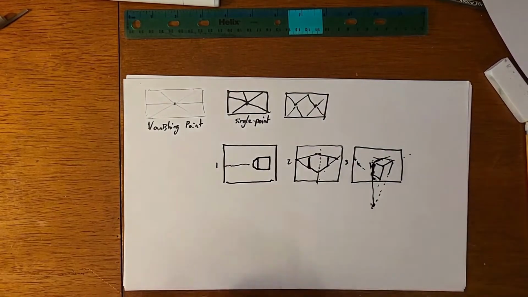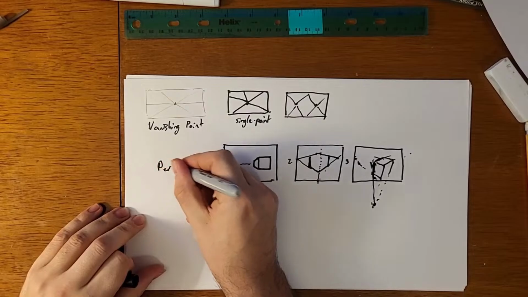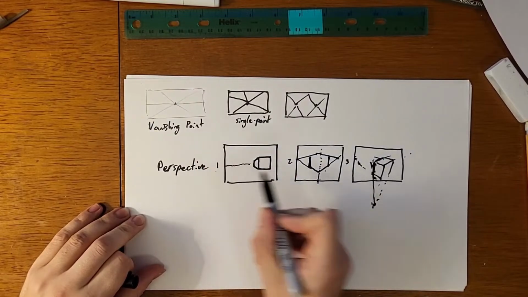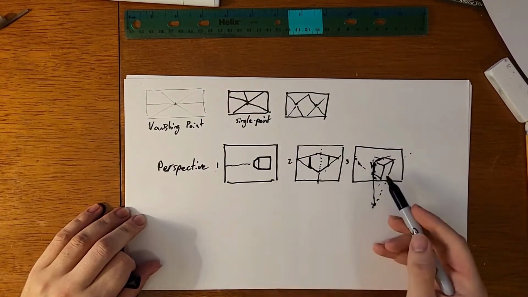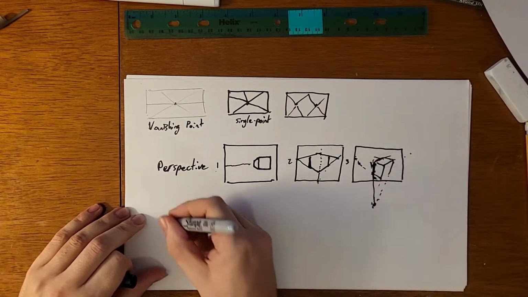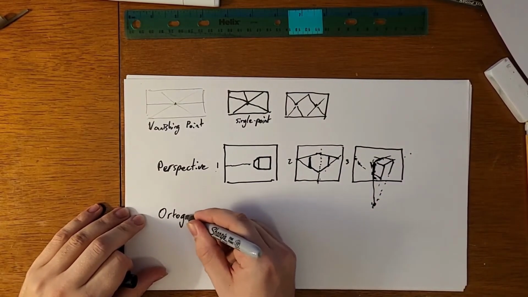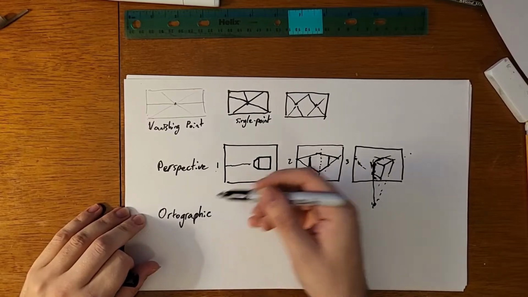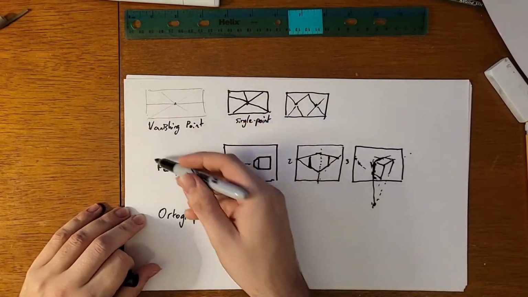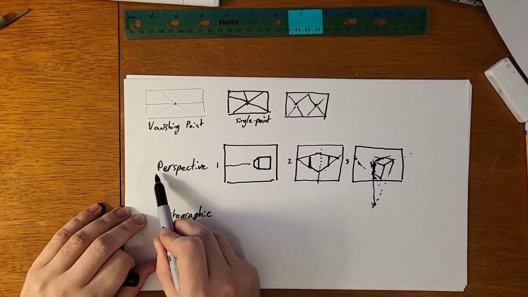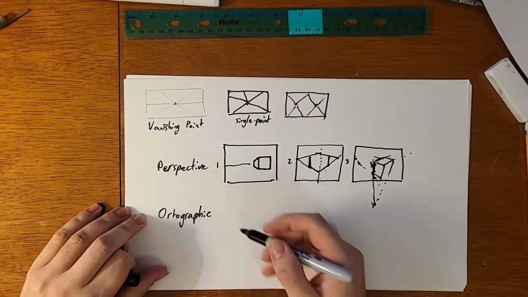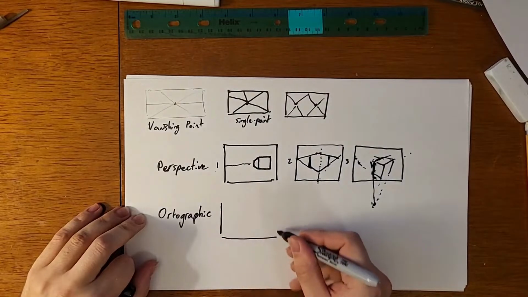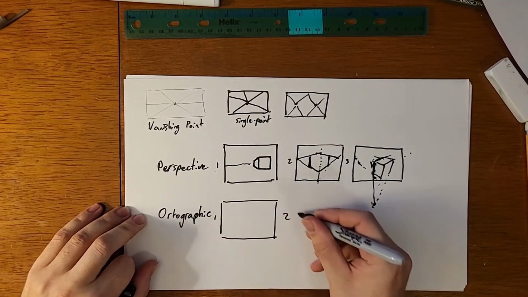So basically, you've got perspective, with 1, 2, and 3-point perspective, where things vanish into the distance. And then you've got orthographic. Ortho meaning straight, and graph meaning drawn, so drawn straight. Perspective meaning you're coming from a point of view. Literally, perspective would be viewpoint. So orthographic is going to have the same 1, 2, 3 with the